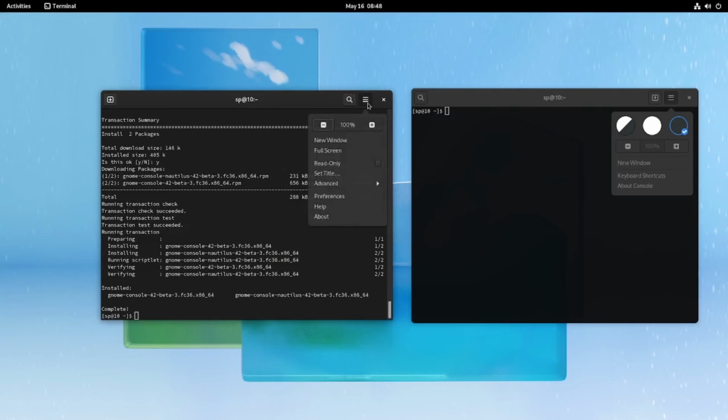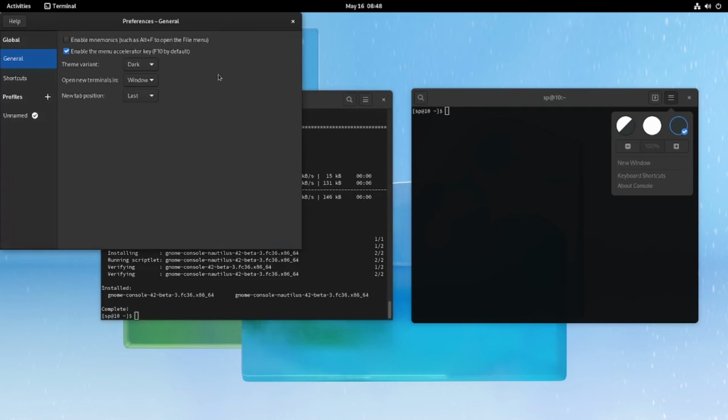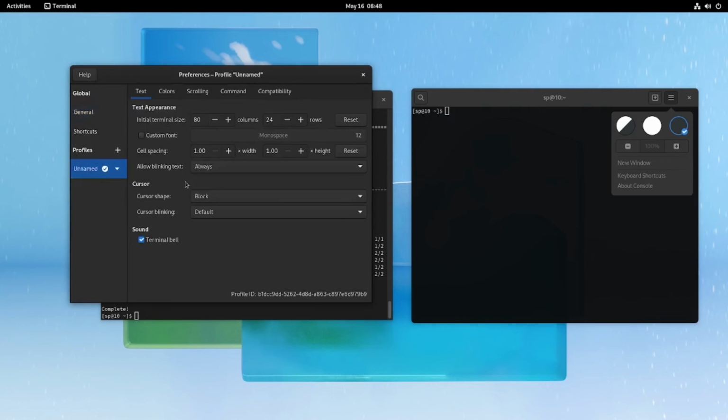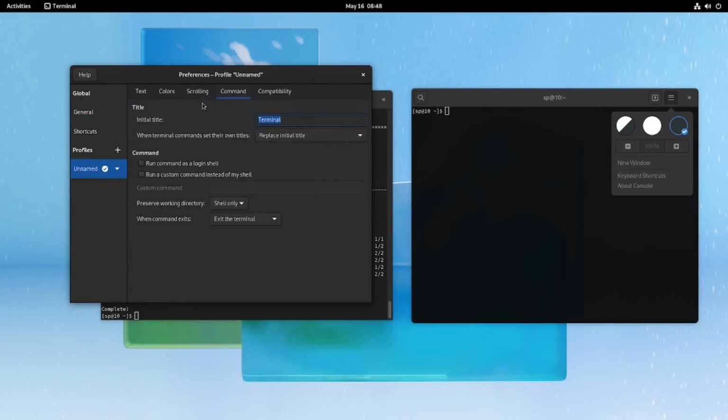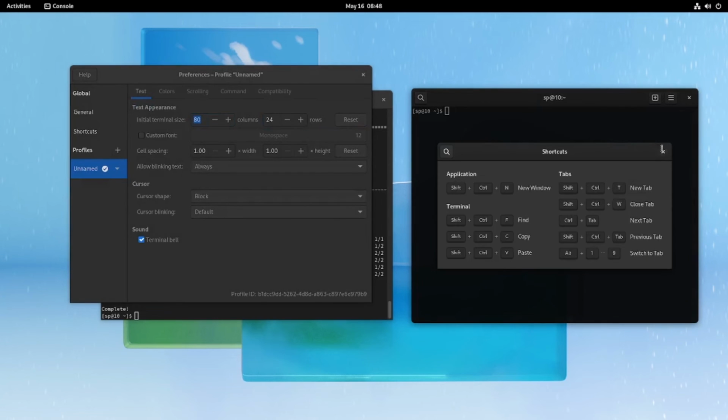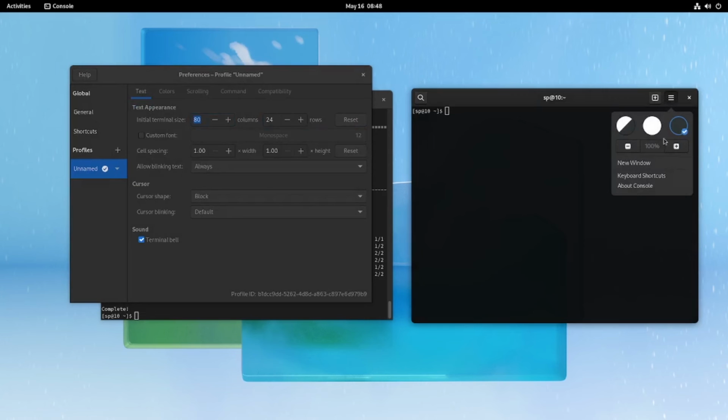For example, in here I have the preferences option, so I can add a new profile here, and then I set the text, color, scrolling, command, etc. But in here, I don't think I can do the same thing as in GNOME Terminal.